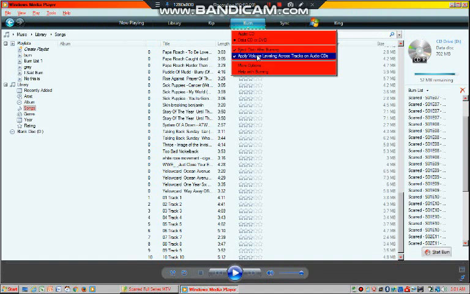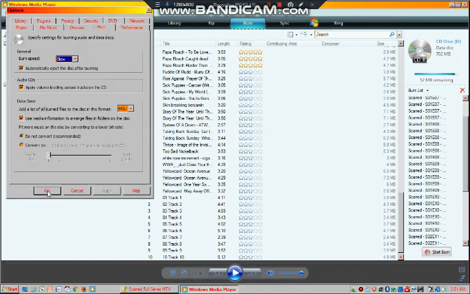Also, when you go here, press more options, and make sure your burn speed is set to slow, because that's going to minimize the risk of error. And it's not even that slow. To burn all these files here, it takes like under 10 minutes, so you're not going to be waiting for long. And then make sure your format is M3U, because